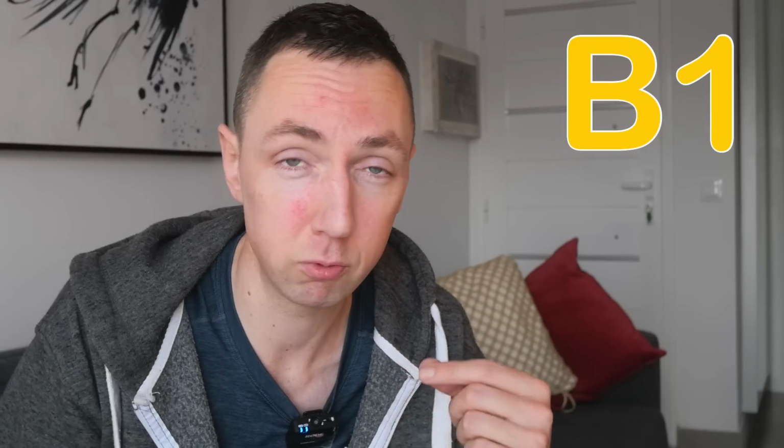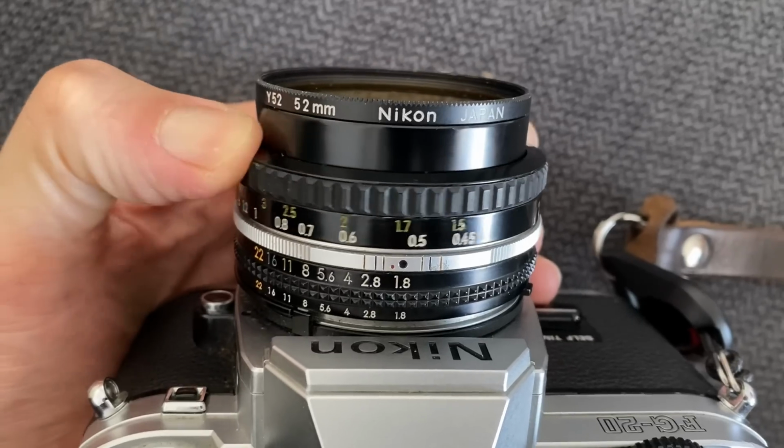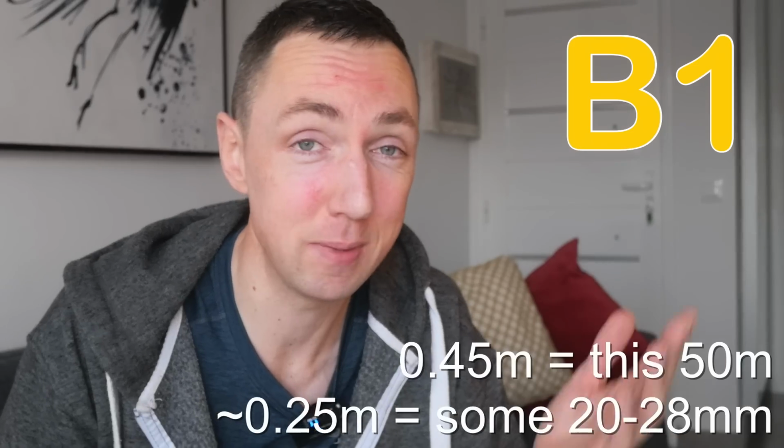However, you can ask your Leica repair guy to just recalibrate your M3 so it's 0.7 meters. Both of my M3s focus to 0.7 meters, and it's not a destructive change. It's not going to devalue your M3, and then it makes it even more amazing, and that's why the Leica M3 is king. If you're used to SLR cameras, you can shoot as close as like 0.25 meters or something